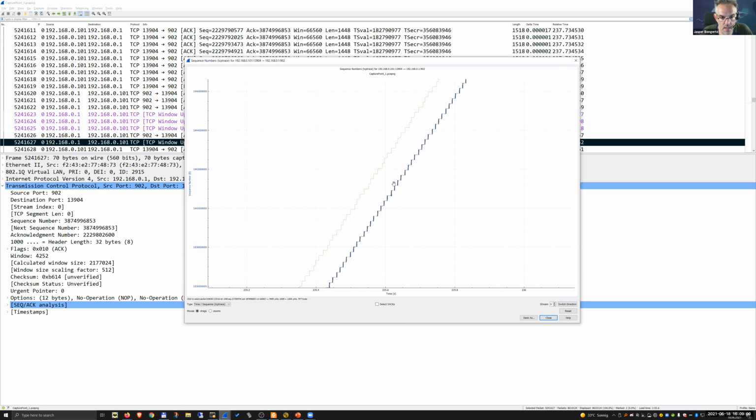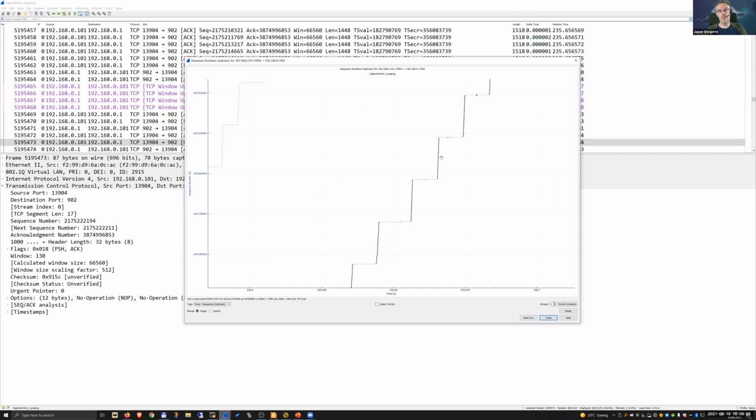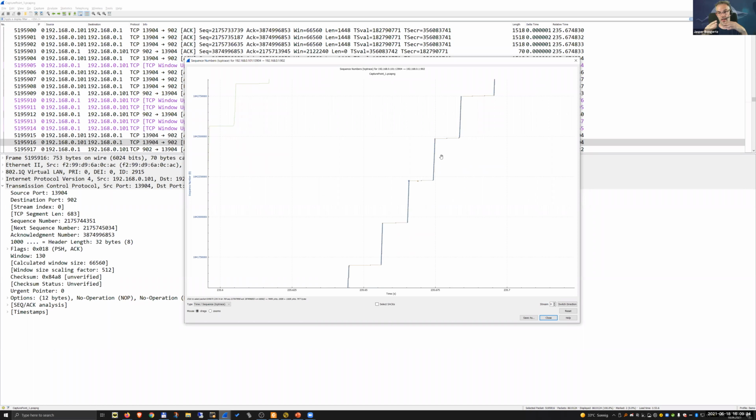And what you can see here is that for some reason, the sender keeps waiting and waiting and never reaches the ceiling completely. And maybe that's also because it's not acting fast enough, but there's a lot of room, and it's not hitting a window full or something. There's always space to go on, but it doesn't.